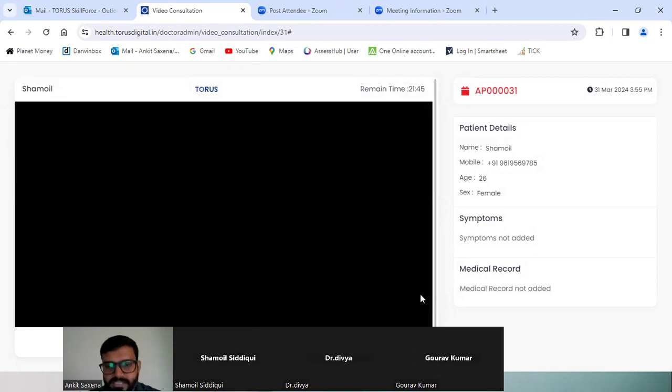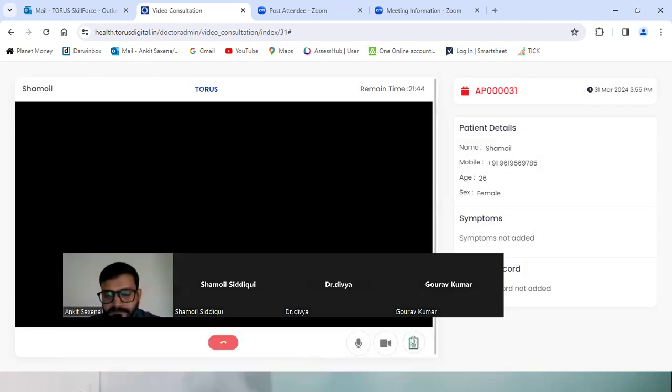Ankit, yes sir. The names of labs will be visible to the patients as well, on the patient's prescription? Like the CBC that you have selected over there, and Apollo is mentioned, that will be mentioned on the prescription as well. Yes, it will appear in the e-prescription, everything will be there.